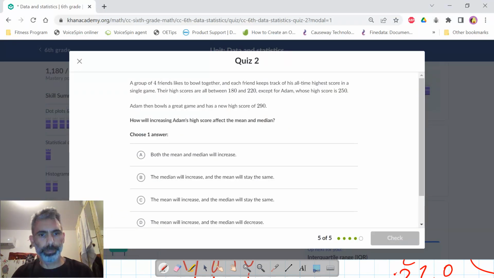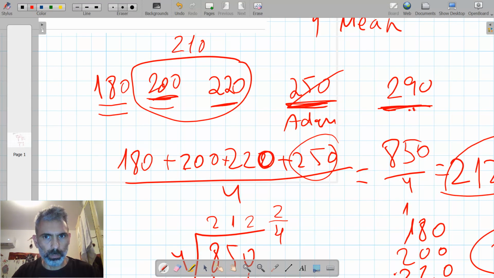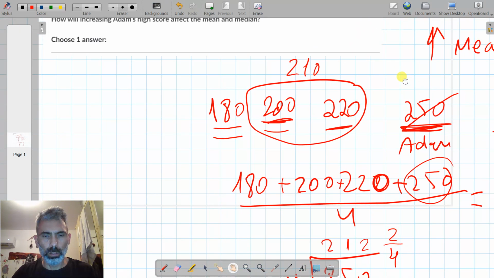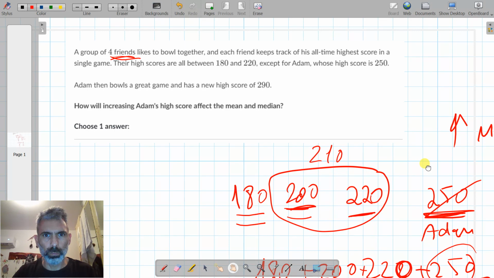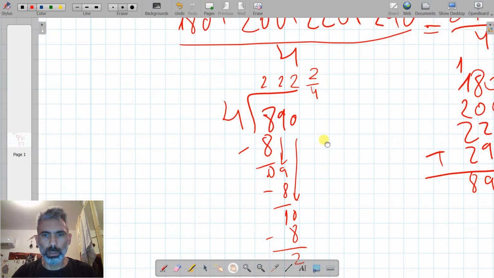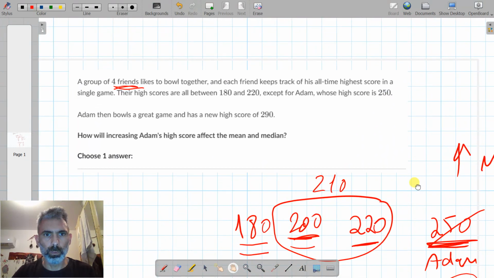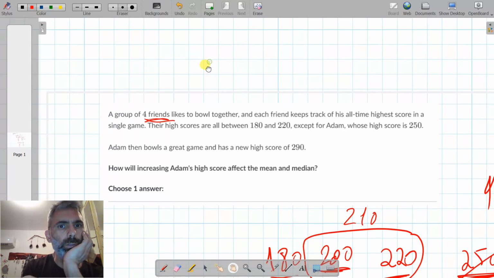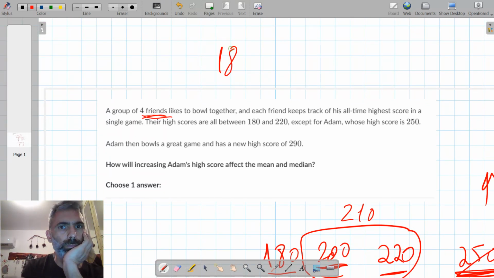Okay, the mean will increase, the median will stay the same. But let's see if it happens every time. Let's try a different number. Okay, let's say 180 and 220 and